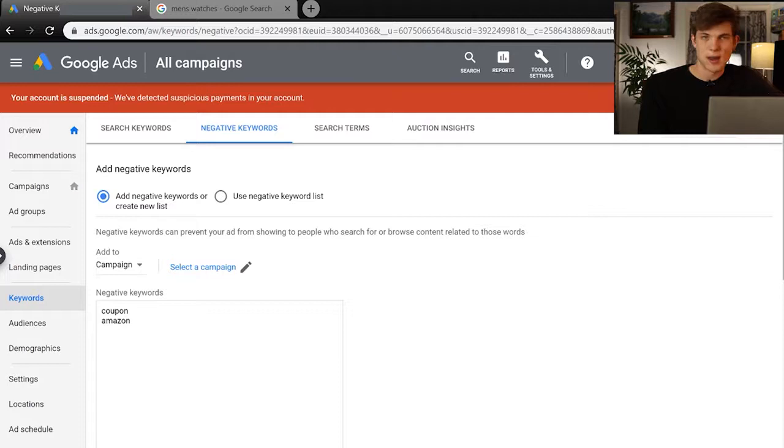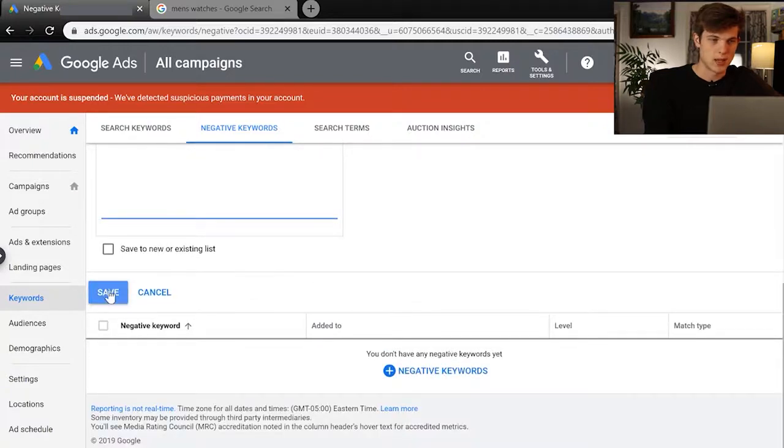So go through here and add some negative keywords that you just don't think would be very good for your business. Once again, if you're a plumber in Philadelphia, then you could block some different areas around the city that you don't want to drive to, say New Jersey. You don't want to do business in New Jersey, so you put a negative keyword in here for New Jersey, okay? That's a perfect example of what you could do there. Then we can save this, and that's going to block certain keywords when we're running ads,